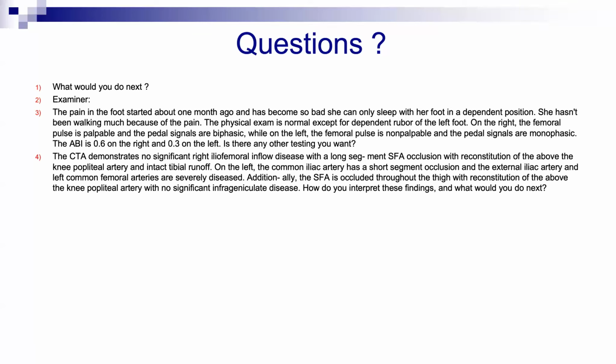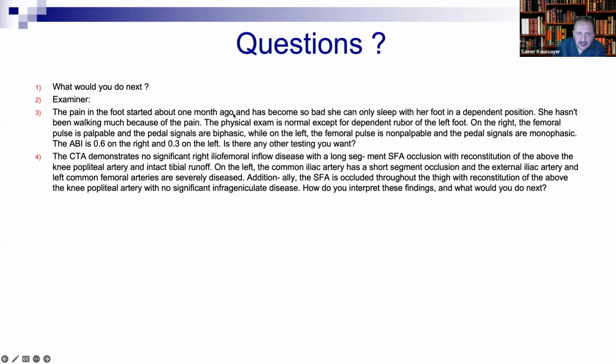Okay. You see, he did not come suddenly overnight. If he came overnight, it's different. He said he's been like this for 1 month. He said that very clearly here. So you don't treat him as acute on chronic. This is progressed critical limb ischemia. So the common iliac artery, common femoral artery, extended, all disease. Thrombolysis has no role here.